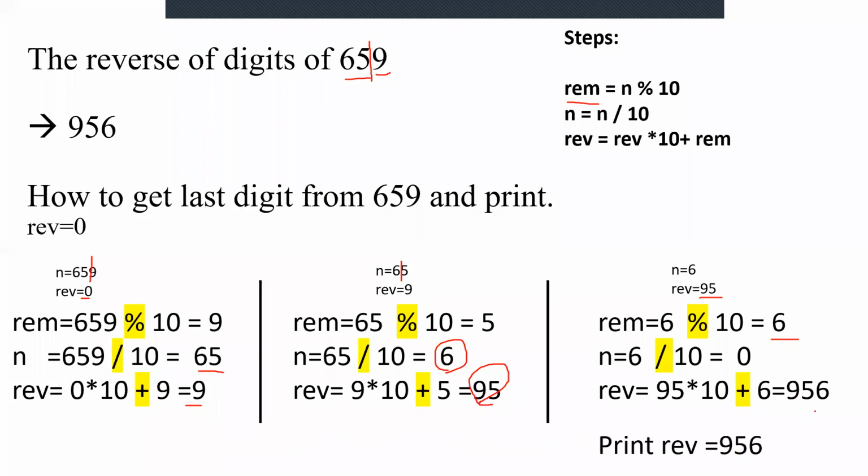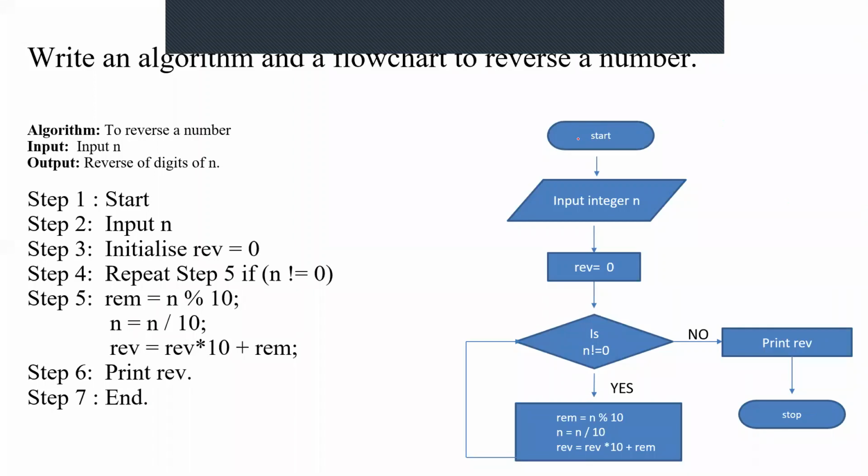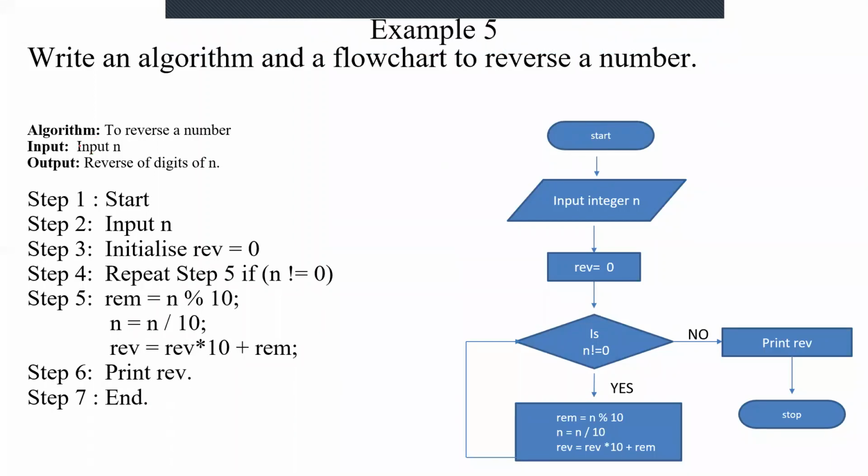Okay. So tell me, what are the steps for writing the algorithm? Now we are going to write the algorithm. So what should be the first thing? You will be writing the aim of the algorithm: to reverse a number. What is the expected input? We are expecting a number for which we have to find the reverse of the digits. Output will be the reverse, or the number written in the reverse order.